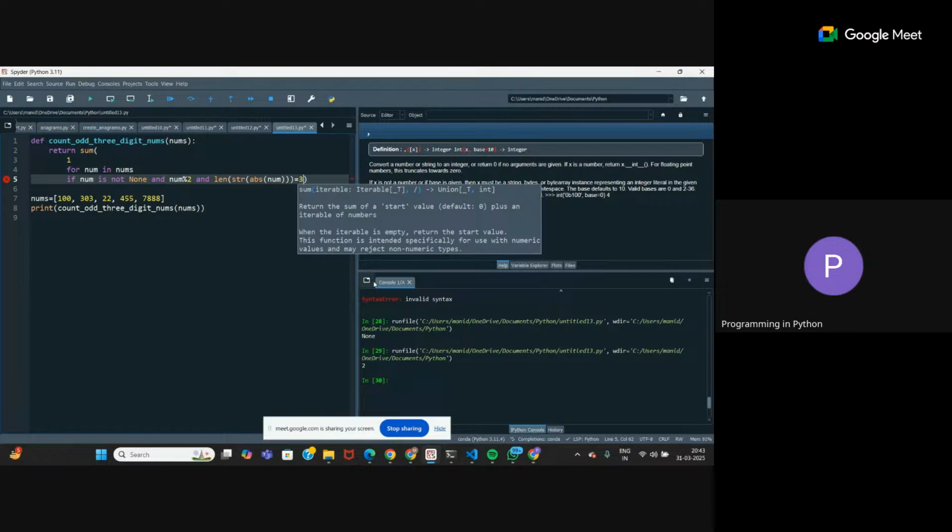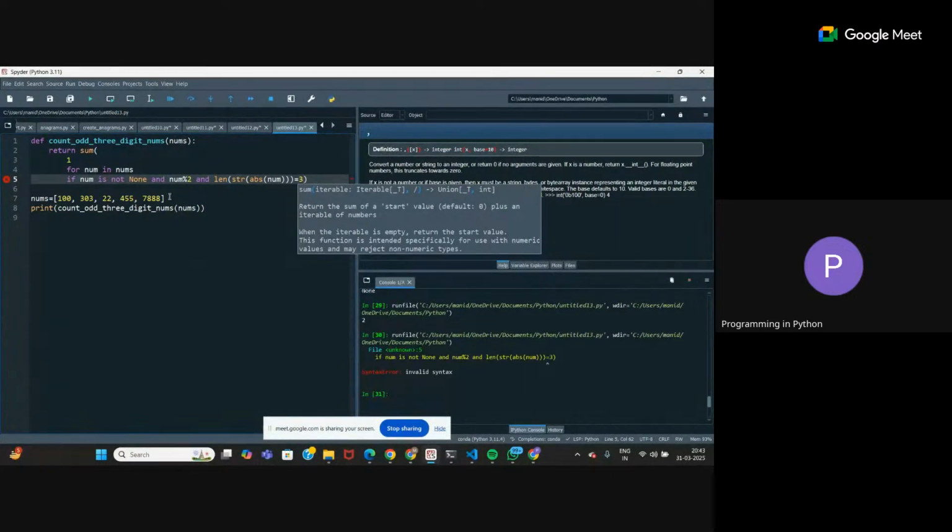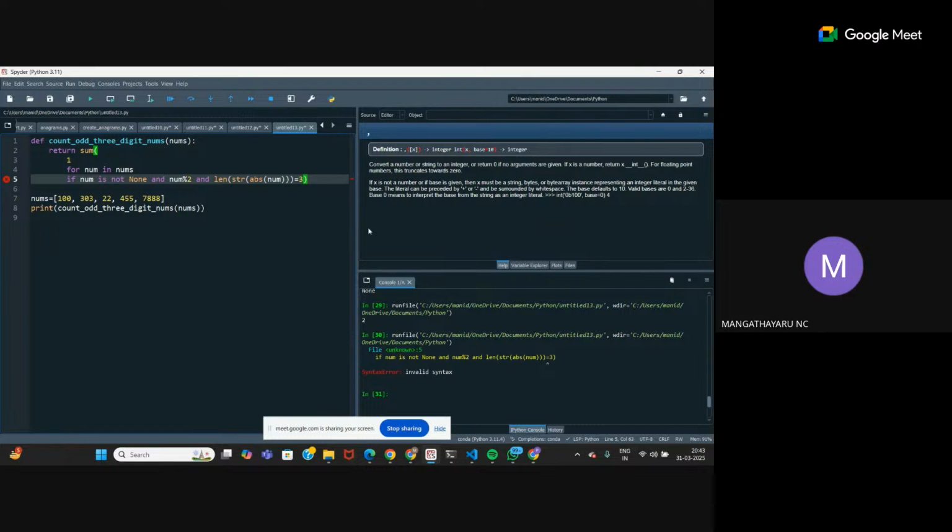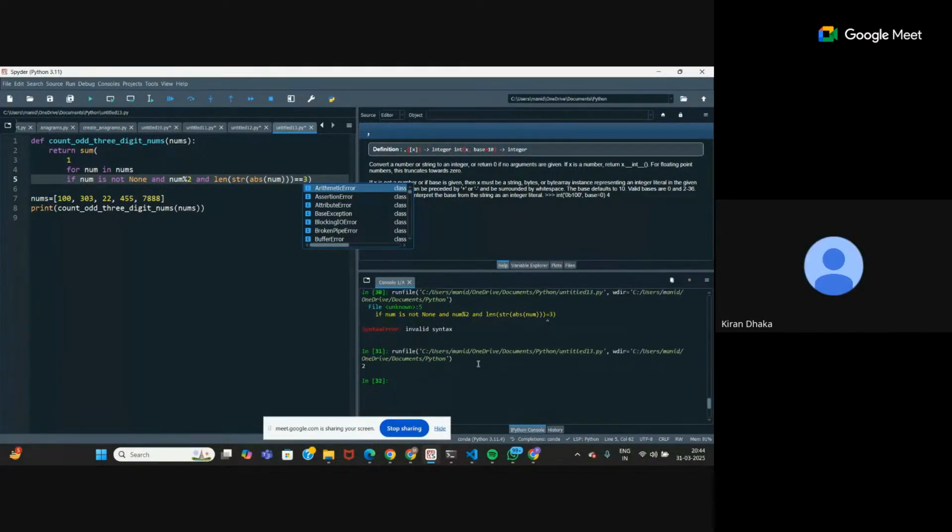This is our condition. So if I run this, see if it gives the correct result or not. Wait, I haven't used the... I've used return. One more equal to is left. And divided by 2 does not equal 0.